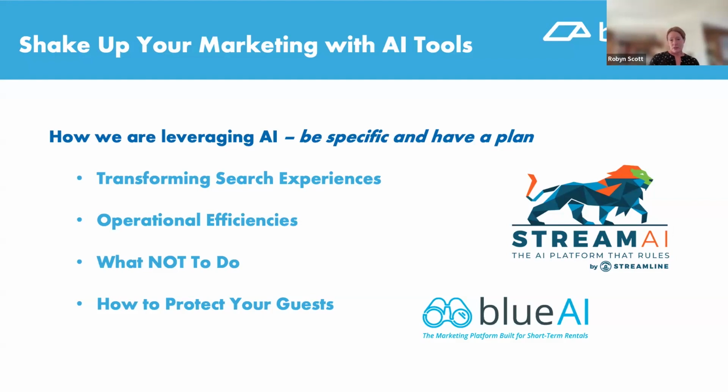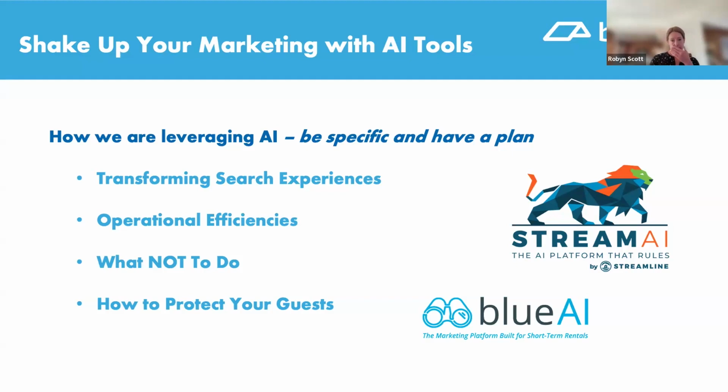What not to do: just straight up never ever import your guest data into AI. That's probably pretty simple, and you just want to be really careful about that. The other thing not to do is don't ever post anything on your website that has not been humanized, from a content perspective. Be very careful about the images that AI might spit out to you. It's not a great best practice to rely on AI for accuracy and things like that. And always just kind of watch your work, never just solely rely on it.